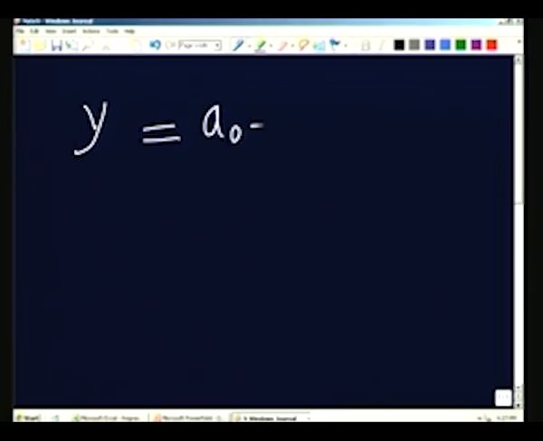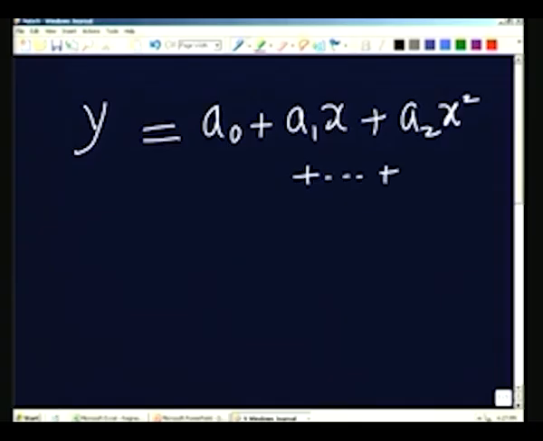I can say a naught plus a1 x plus a2 x squared plus it is going to stop somewhere. So, you will see that for example, linear stops here, it is a special case of a polynomial fit, it is actually a monomial. A quadratic will stop here, a cubic will stop with the cubic term and so on,